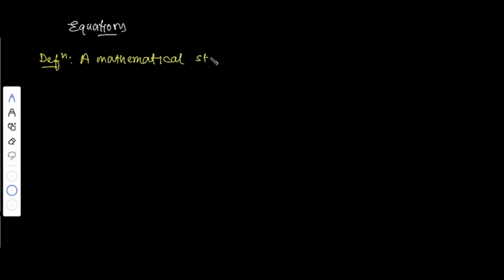Now on which basis are we dividing it? We'll find it out with the help of our definition. The definition is a mathematical statement